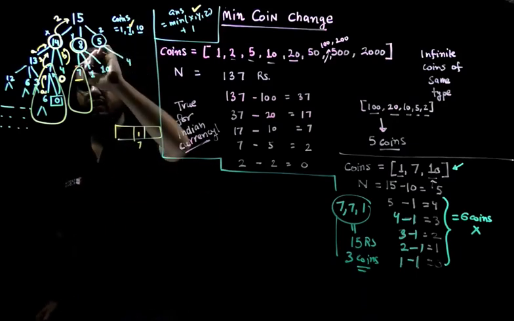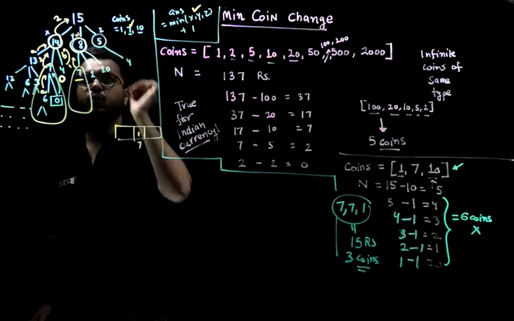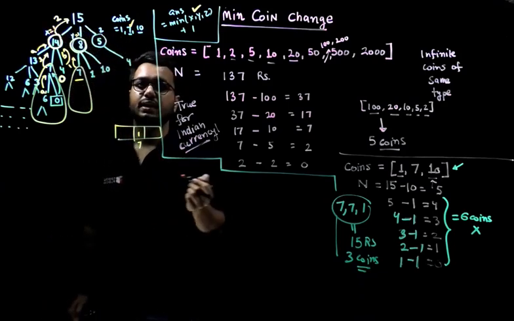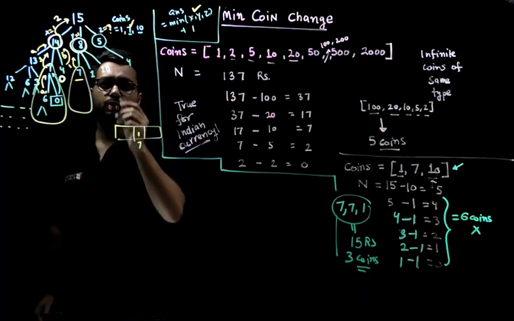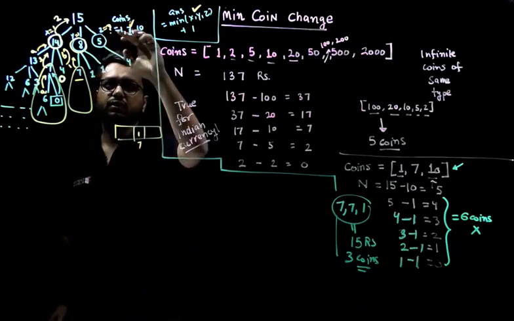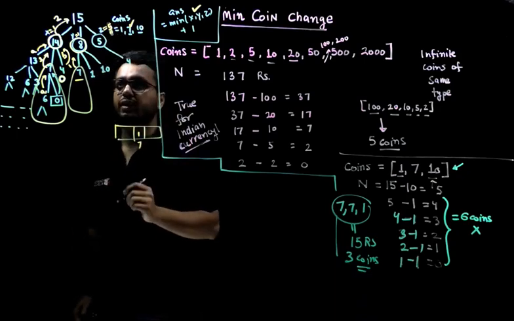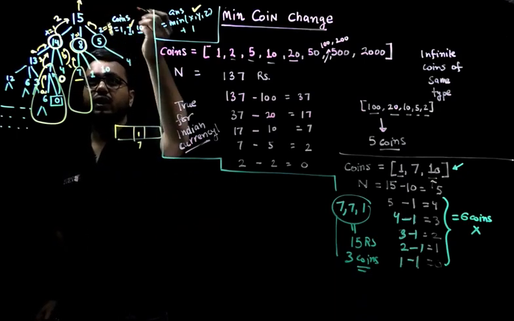So this answer is going to be 1, and similarly y would be 1, and if you take the minimum of x, y and z, it is going to be 1. So z is going to be something which is greater than or equal to 1. So z is going to be 4, because you need 5 coins to make a change of 5. So the minimum is going to be 1, and if you add 1 here,